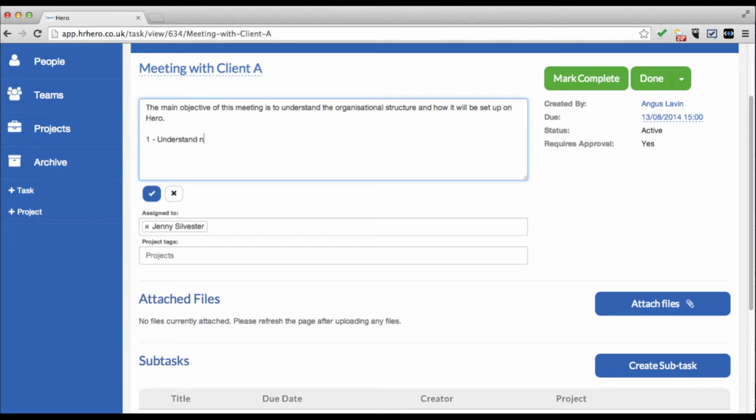Understand number of users to understand department reporting lines. So there we go, we've added a little bit of information, and when I click this button,